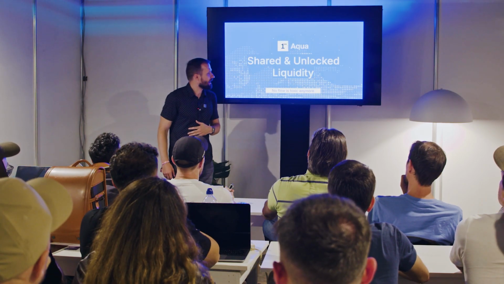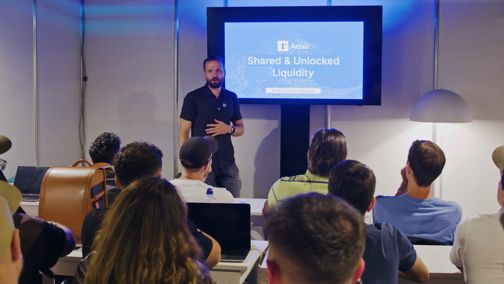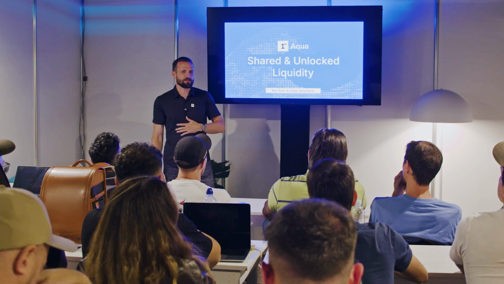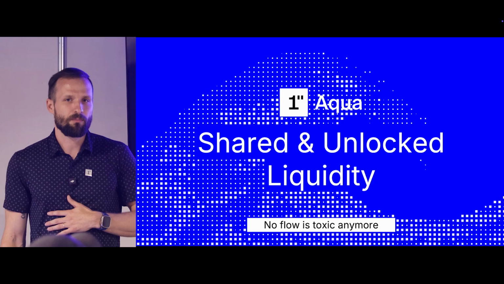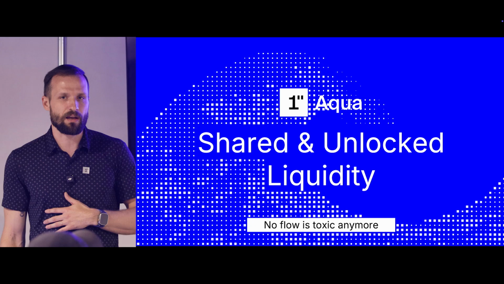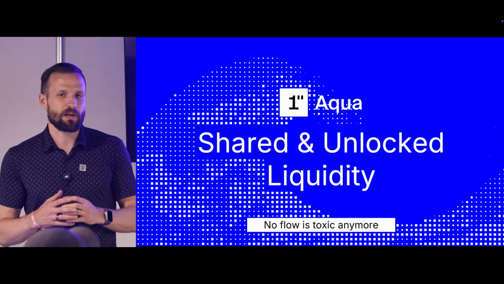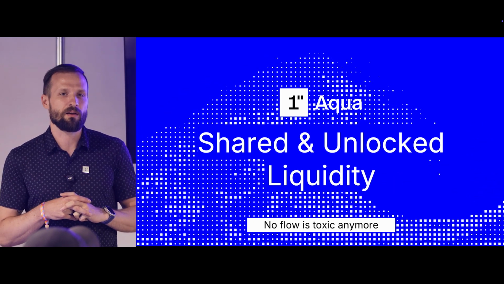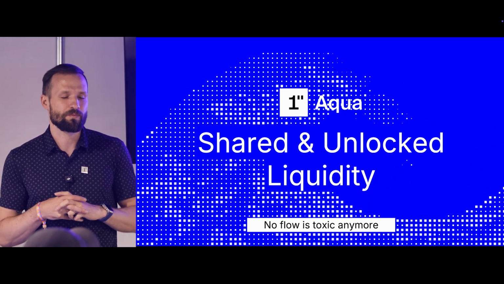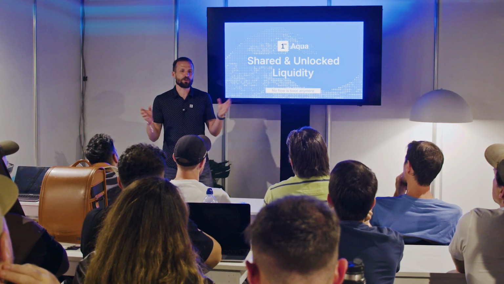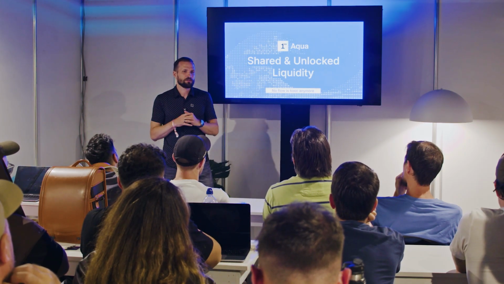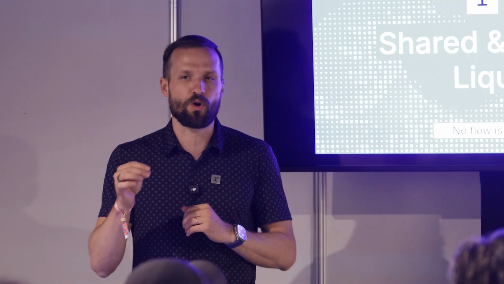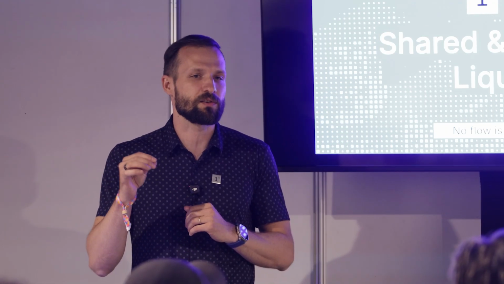So I think that many people have heard about toxic and non-toxic flow. The name toxic usually means that it's non-profitable. But I think this concept is wrong, and we can introduce a new concept. I think it would be better to discuss toxic and non-toxic flow as actually fair and unfair volumes. Fair volumes are volumes which are delivered to the protocol from aggregators. So these are volumes which are deserved by the protocol, by its properties, by its formula, by its liquidity, by the prices it could offer.